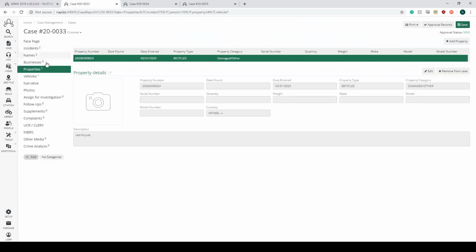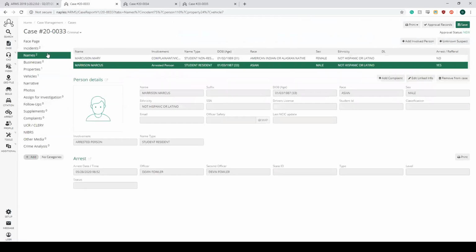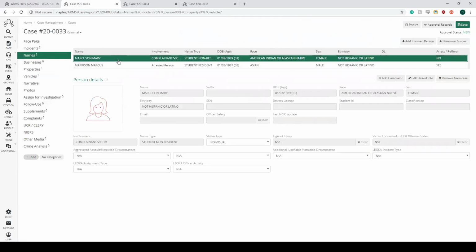We've already entered everything in here that you can. And actually, let me jump right back real quick. I do want to show you this part. For the victim, you can also come down here and mark the victim. These fields down at the bottom are all NIBRS related fields. So you'll see when we get to this one, for the type of injury, we are going to have to